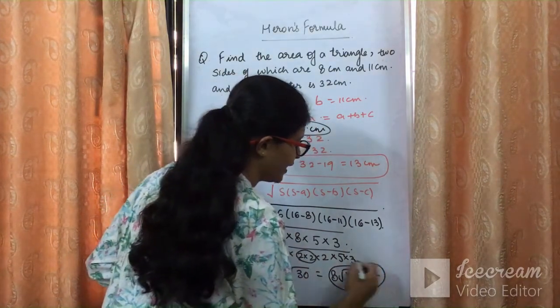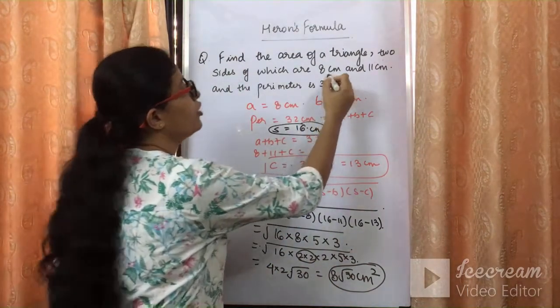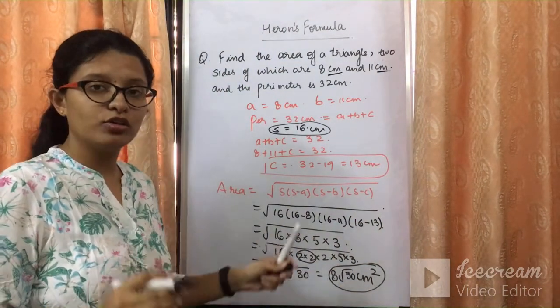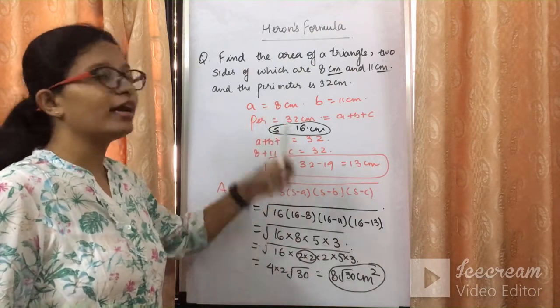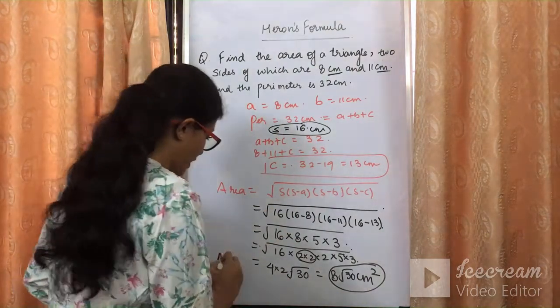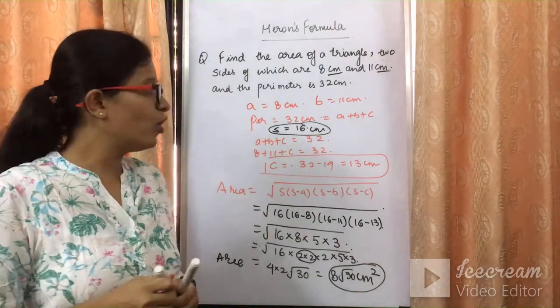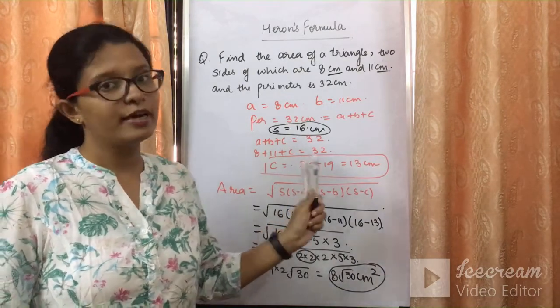Don't make the mistake: in the units it's area, so it will be square. And since the units are given to you in centimeters, it will be centimeter square. So dear, please units ध्यान से लगाना है, क्योंकि area का formula है, इधर आपने सेंटीमीटर लेके नहीं चलेगा. So area is 8 root 30 centimeter square. I hope आप लोगों को आइडिया लग गया होगा कि किस तरीके से हमको ये फॉर्मूला यूज करना है.